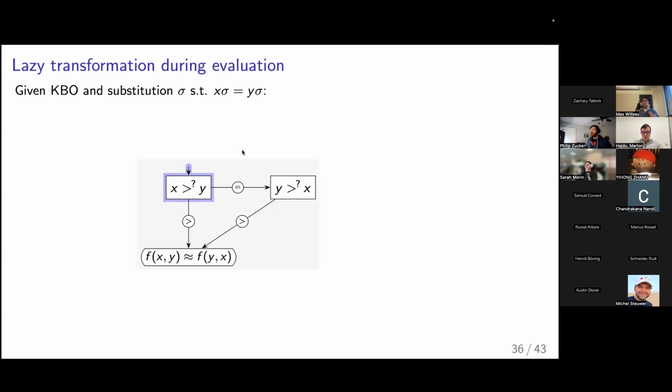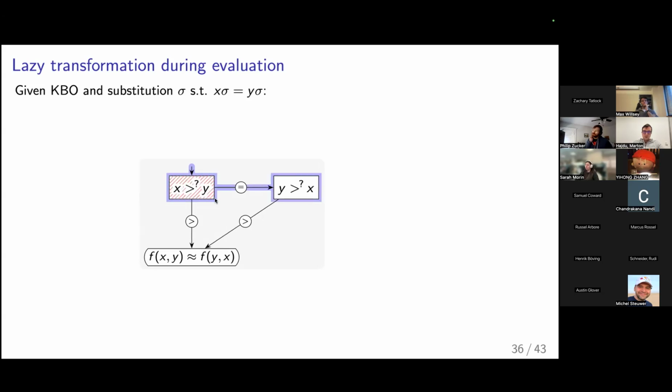So we will evaluate it, and this evaluation, because of this constraint here, we will give equals. So we have to go through this branch, but we also marked this node as already transformed, such that we don't have to look at it again in terms of transformations. So if we do this, then we mark this as transformed with this red dashed pattern, and we go to